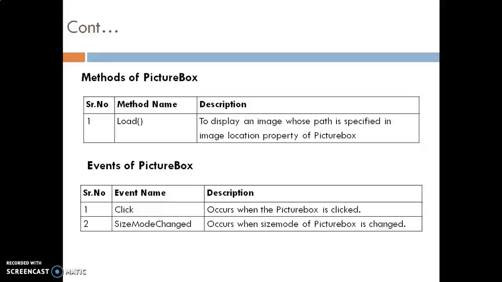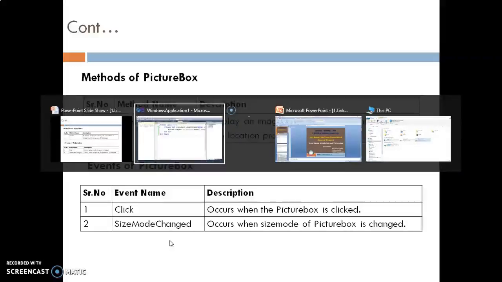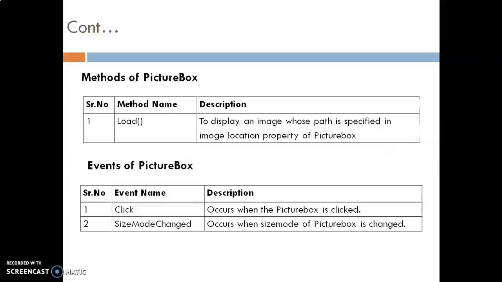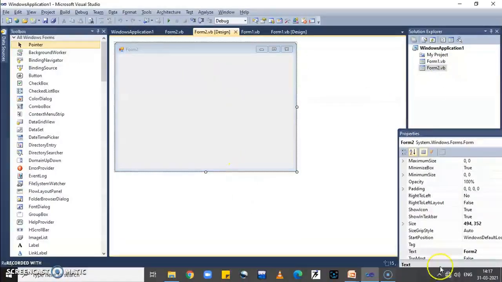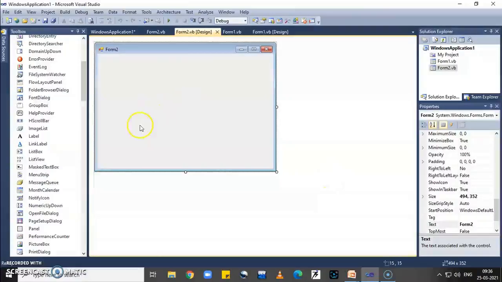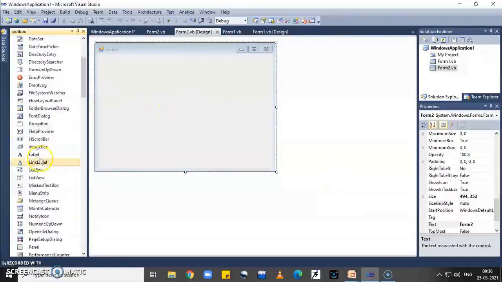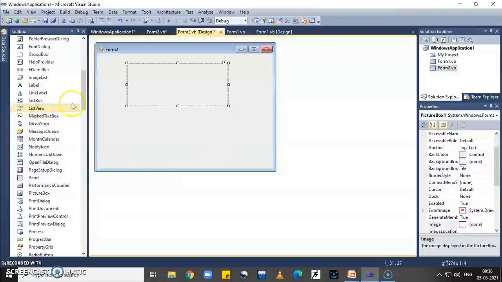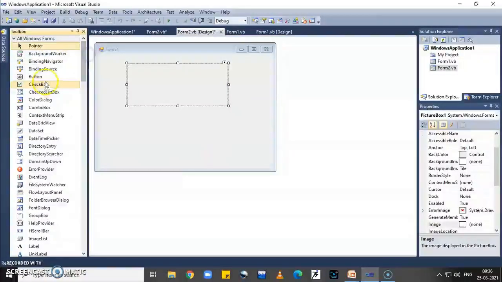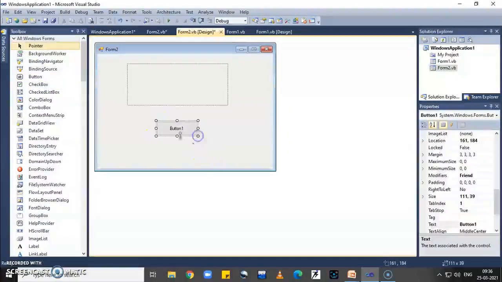Now switch over to our application, the windows application, for the practical of picture box control. Open Form 2. Now in Form 2, place one picture box, just drag and drop, and put one button below the picture box.